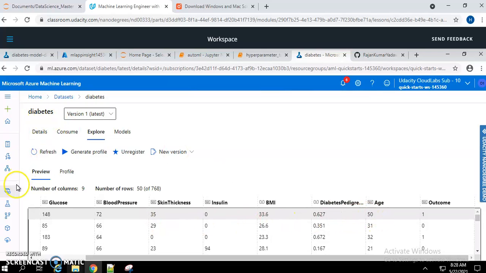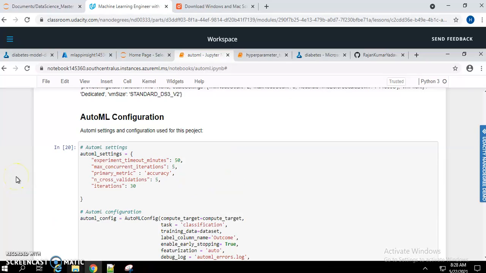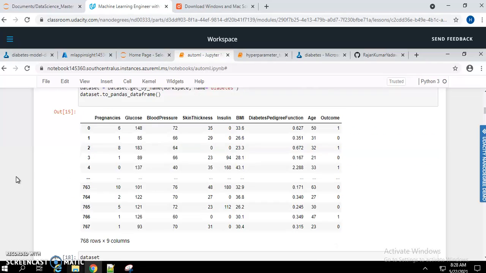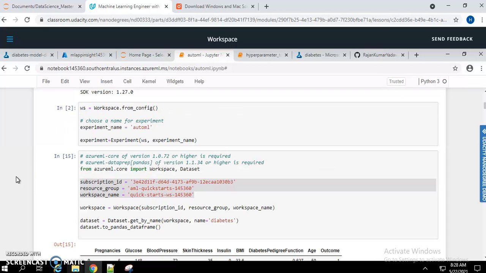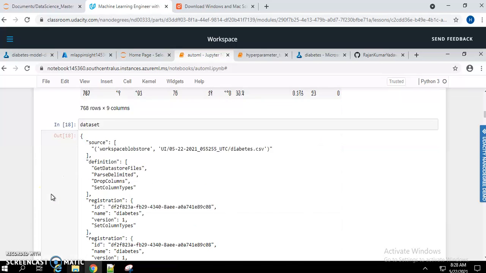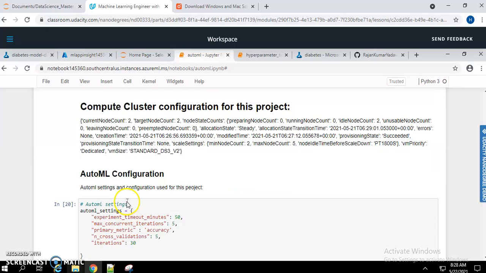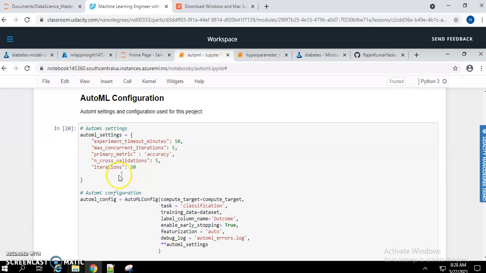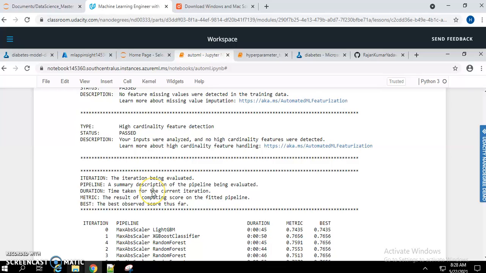So let's see what I have done. I have here two notebooks. This experiment is executed using two methods, in which I have implemented AutoML. Here you can see I have loaded the dataset, created compute clusters, and here I have configured the AutoML settings and AutoML configuration. Now I have run all these